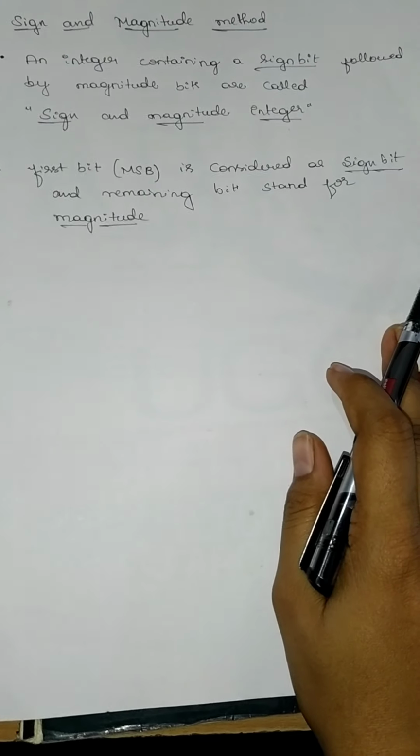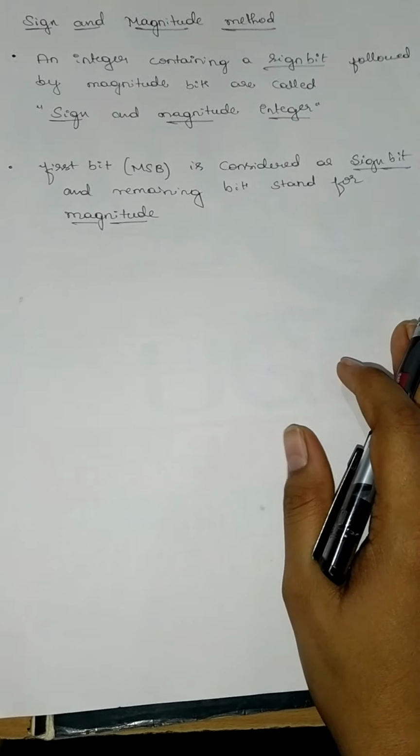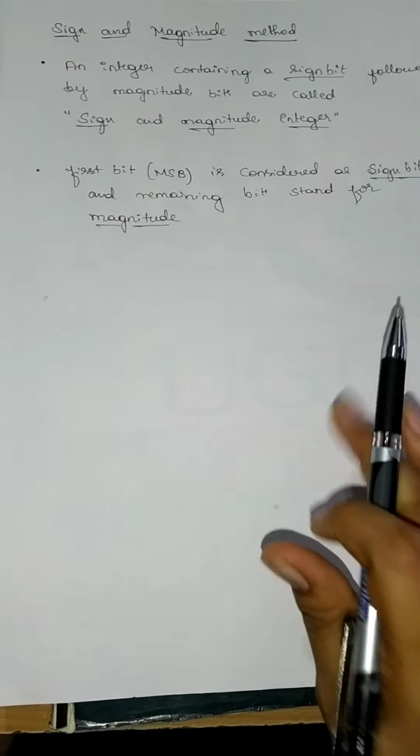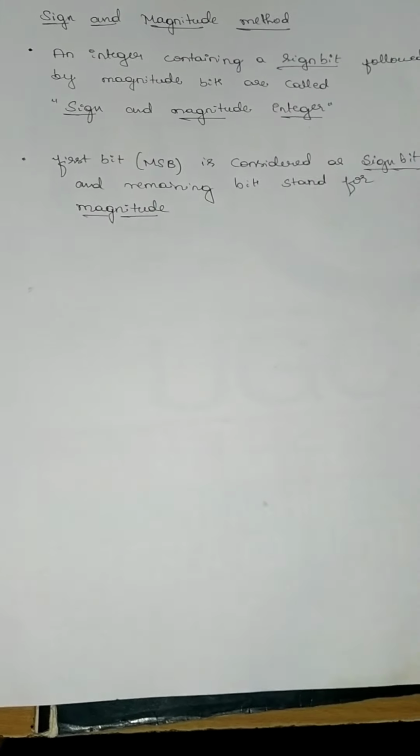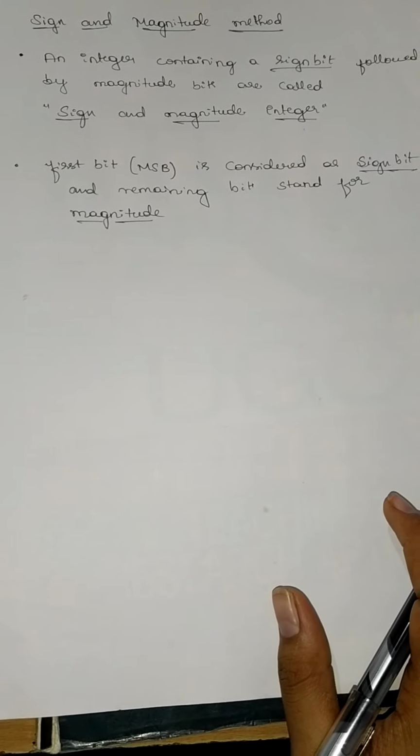So an integer can be either a positive or negative integer, but most of the time negative integers are used to follow these kinds of methods. So an integer here is nothing but a negative or a positive integer, which contains a sign bit along with a magnitude. So those kinds of bits are known as what?